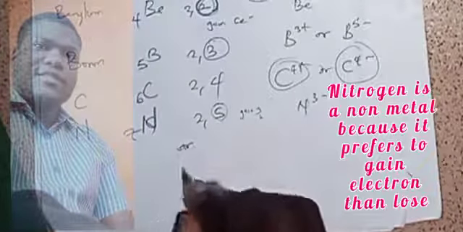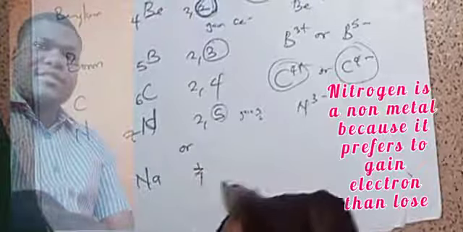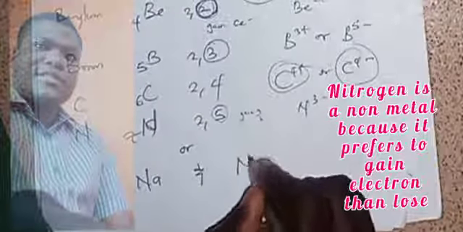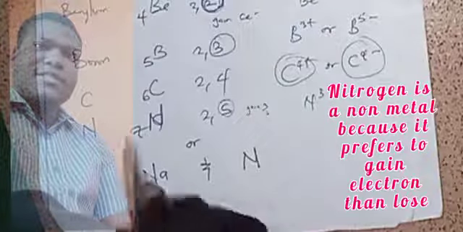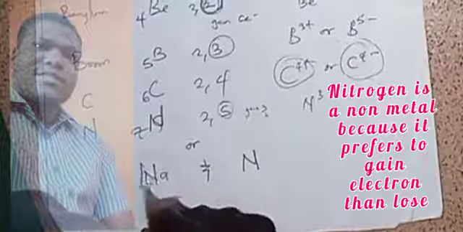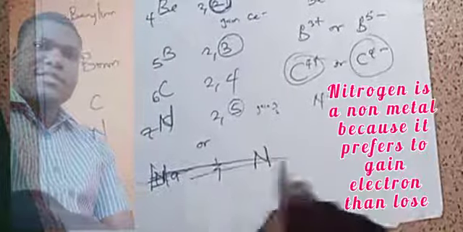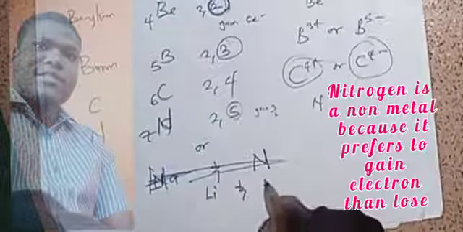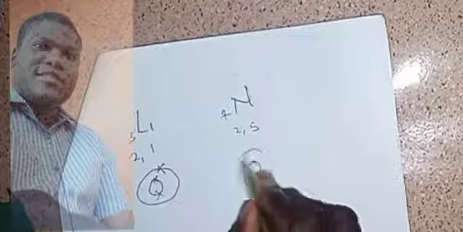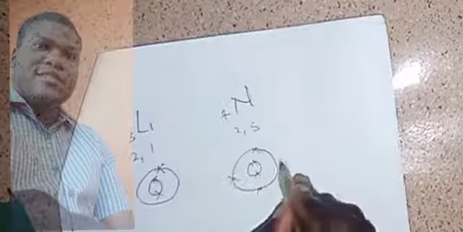So let me now give you an example. Let me use a simple element that we've used before. Let me use lithium and nitrogen, because I've not talked up to sodium. Lithium is actually atom number 3. Nitrogen is, naturally, hydrogen, helium, lithium, beryllium, boron, carbon, nitrogen. That's number 7. So lithium is 2,1 and nitrogen is 2,5. So if I do 2 here, then this one is having 1 here, and this one is also having 2 here, and this one is having 5: 1, 2, 3, 4, 5.